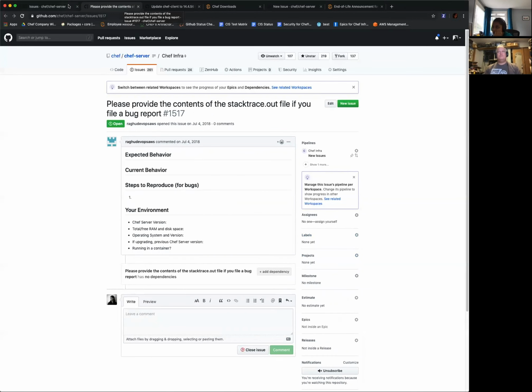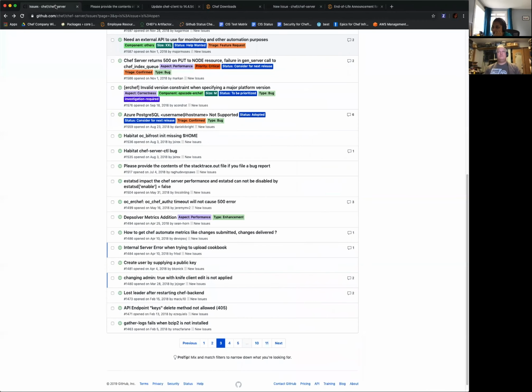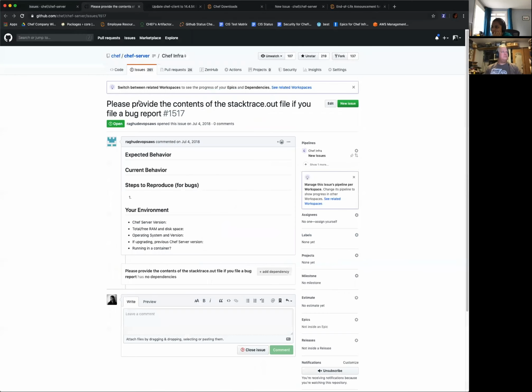The next one, is it this? Please provide the contents of the stack trace.out file if you file a bug report. Is this a mistake? I would say we close this because there's nothing to do.